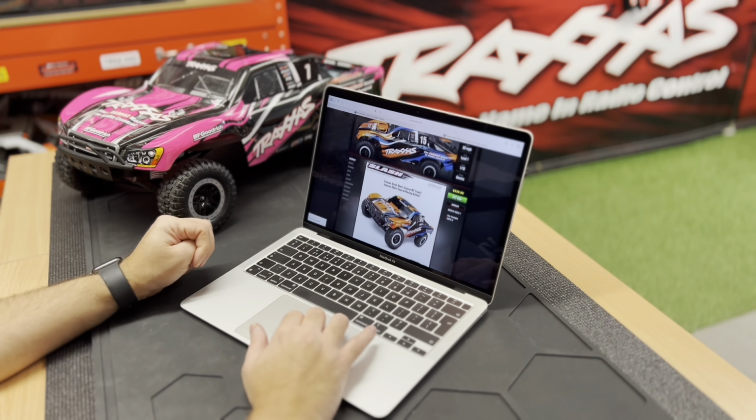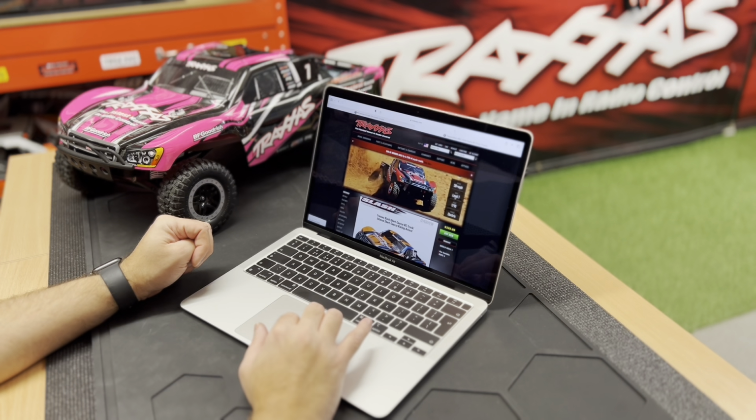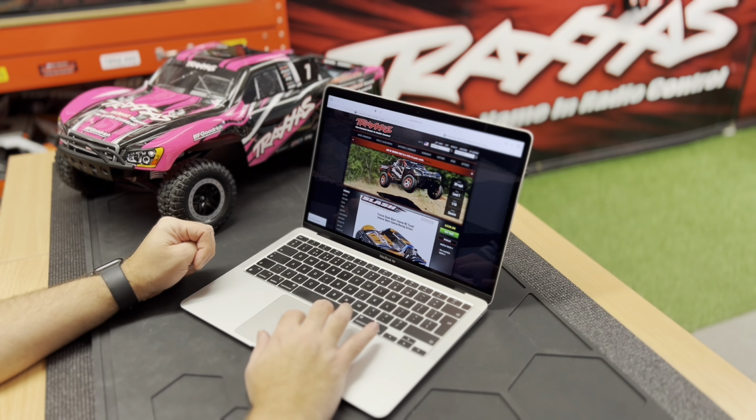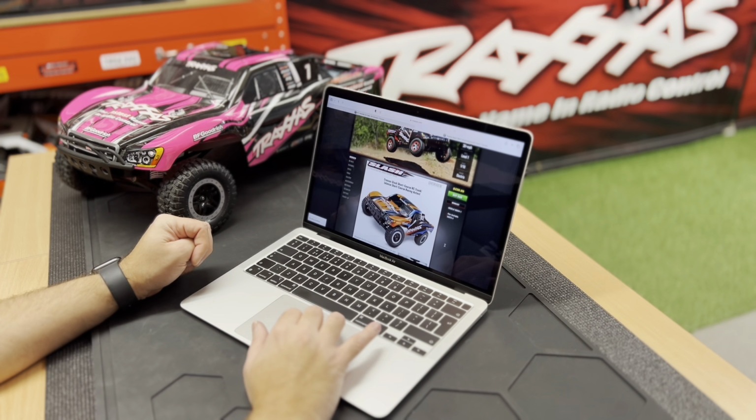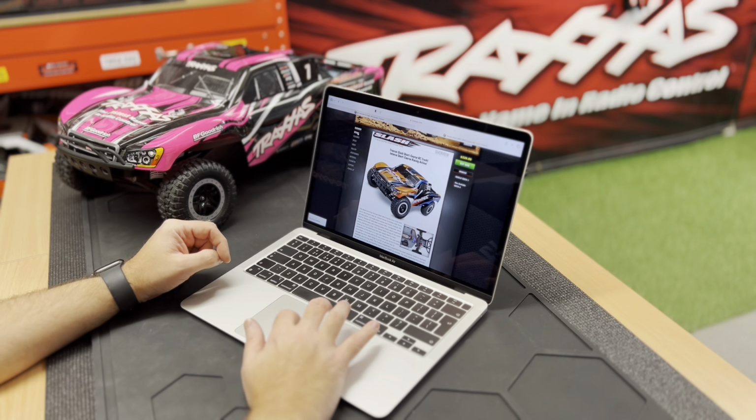So once you're here in the Traxxas Slash page, you can also search by model number. So on the side of your box, on the label, where the barcode is, you'll have a little number there. So if you want to make it easier, you can just put the search up here and it'll find your car for you. But once you've got to the car page, this is where you've got all the information: overview,